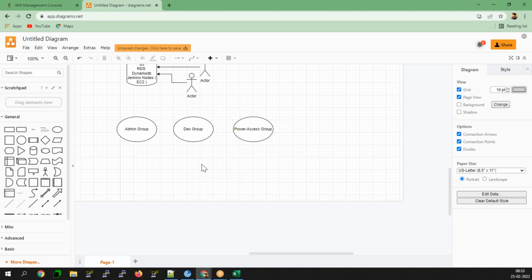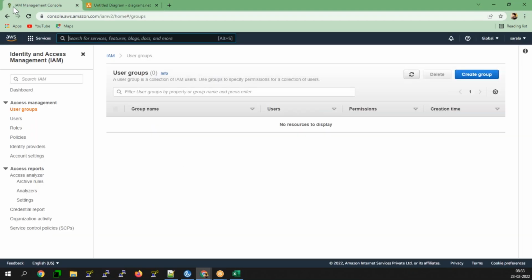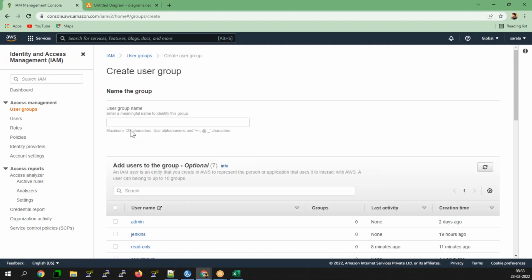These are the three groups you are going to enable here. Create a group. This is one group called the development group, the one I am going to create, the dev group.